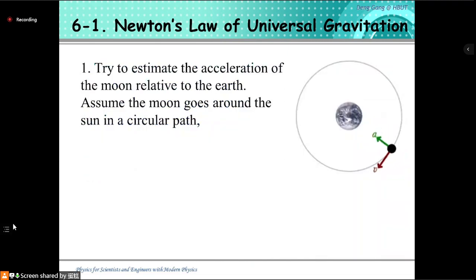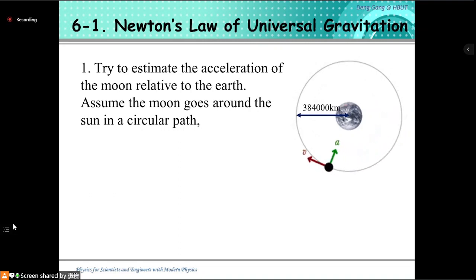And he tried to prove that, and he wanted to find out the quantity relationship of this gravitational force. First step, he tried to estimate the acceleration of the moon relative to Earth. Assume the moon goes around the Earth in a circular path. It's not circular, but almost circular. So if it is a circular path,